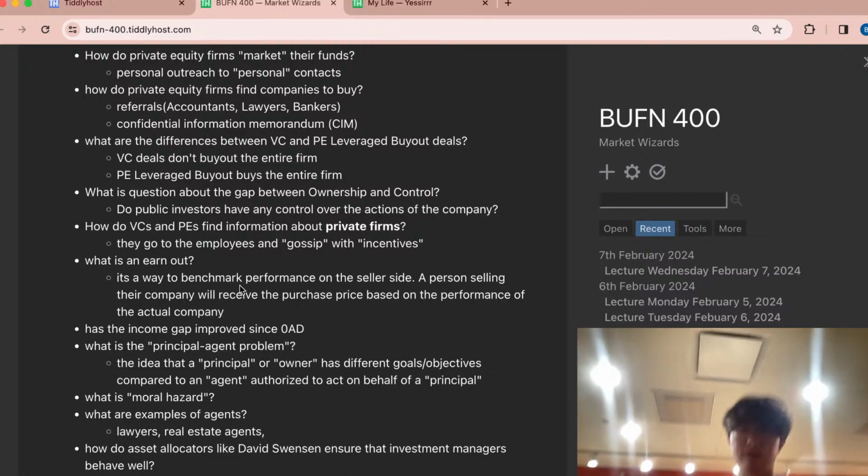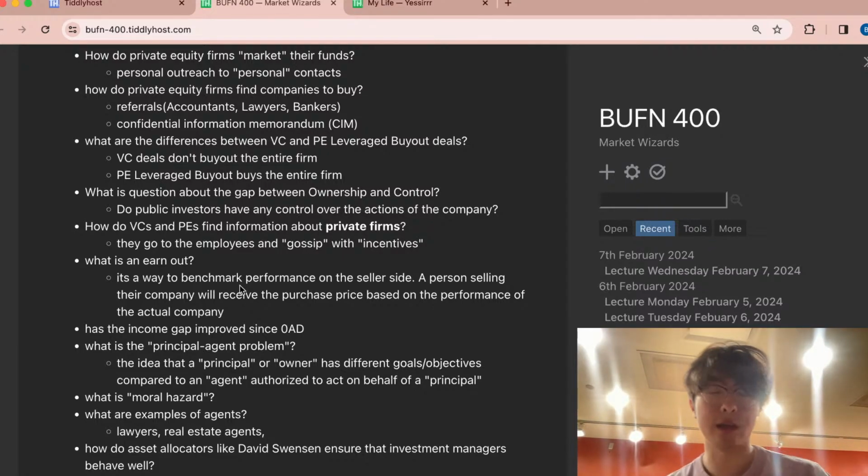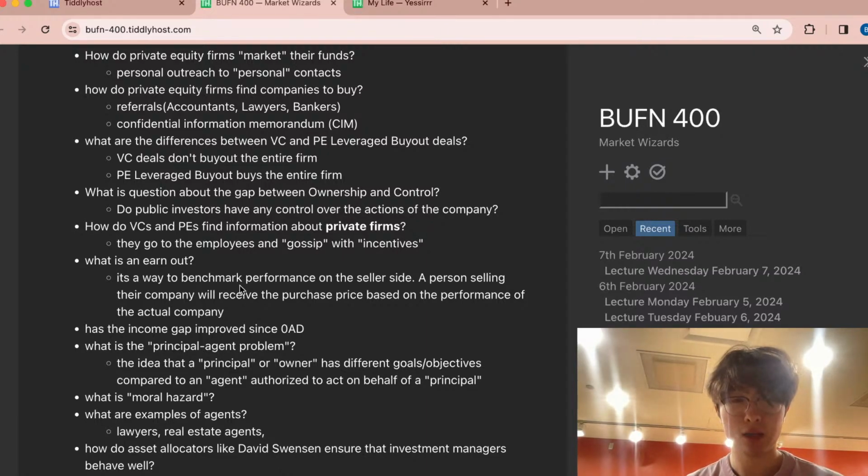It's like, okay, if you're an owner of some assets in the context of private equity, say you're the owner of $1 billion, and you hire an investment manager, a private equity firm, to commit that $1 billion and invest it in a leveraged buyout or maybe multiple leveraged buyouts, the agent might just pocket the money and not make any investments at all. And so there we have a principal agent problem.